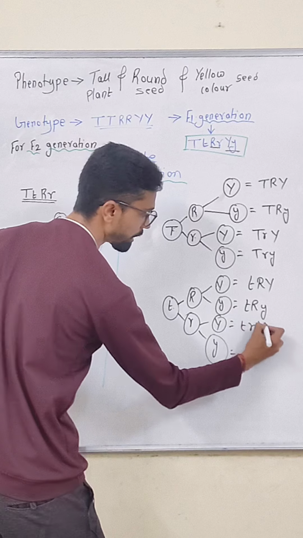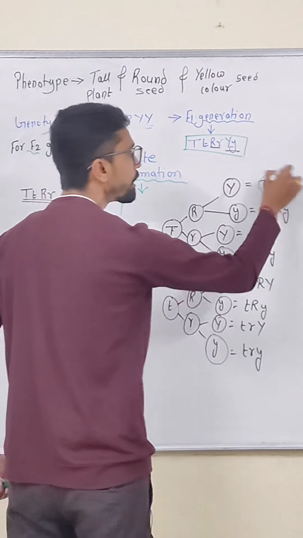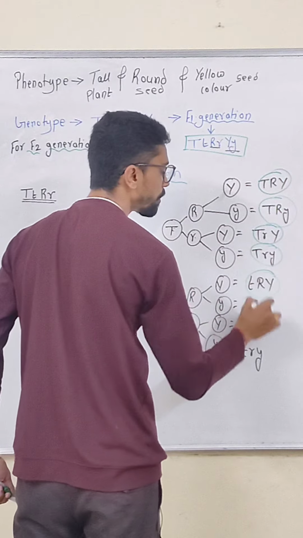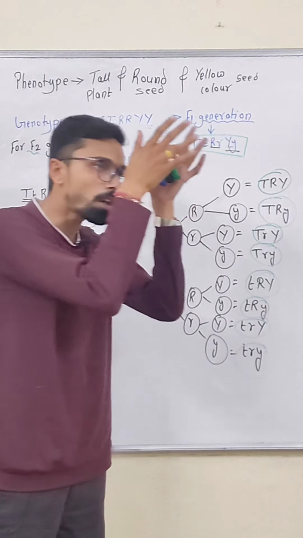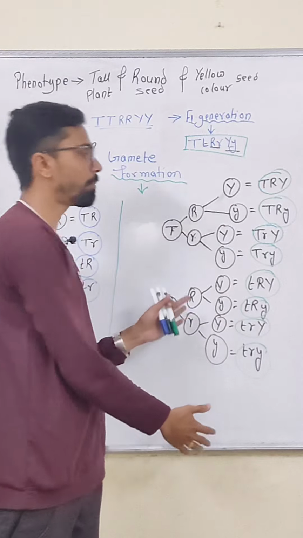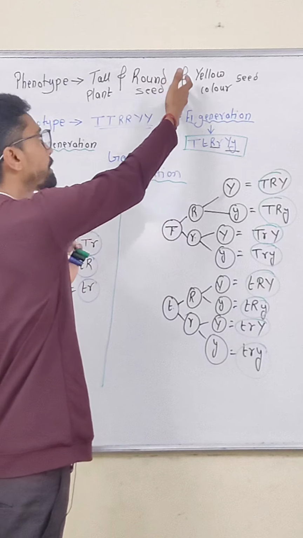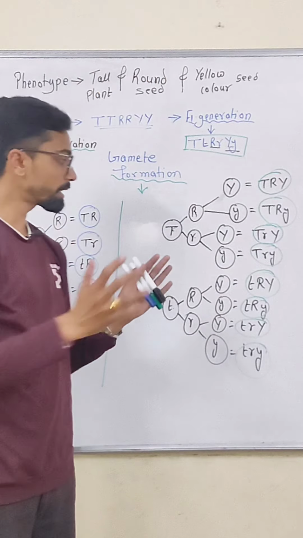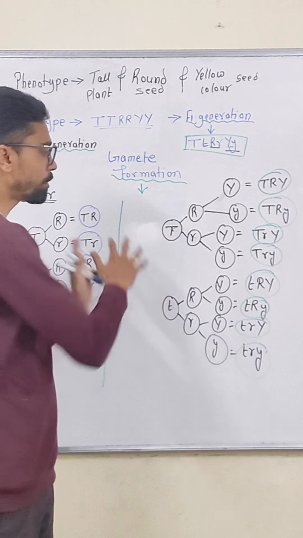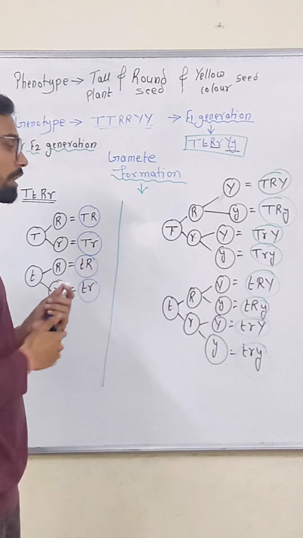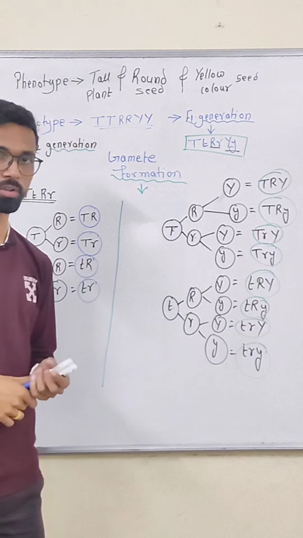Okay, small t, small r, capital Y, small t, small r, small y. So here if you see, these all are the gametes of a trihybrid cross, and by the Punnett square method you can put the gametes and you can solve the trihybrid cross. The characters or the phenotype may be different, but the gamete formation method is the same. Okay, so you can use a simple trick to find out how gametes can be formed using this method in dihybrid, trihybrid, and further crosses. Okay, thank you.